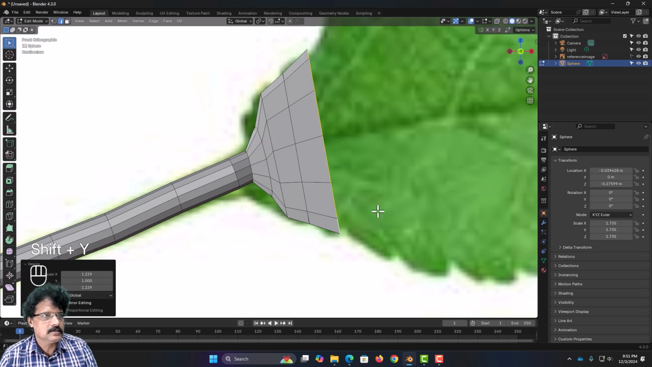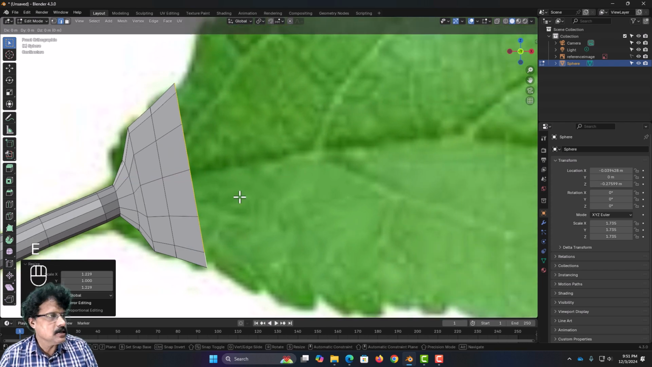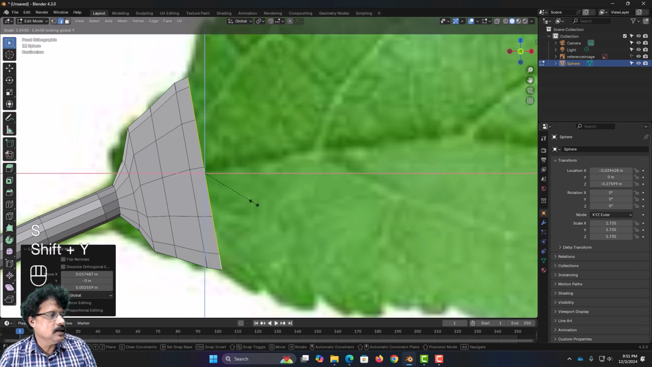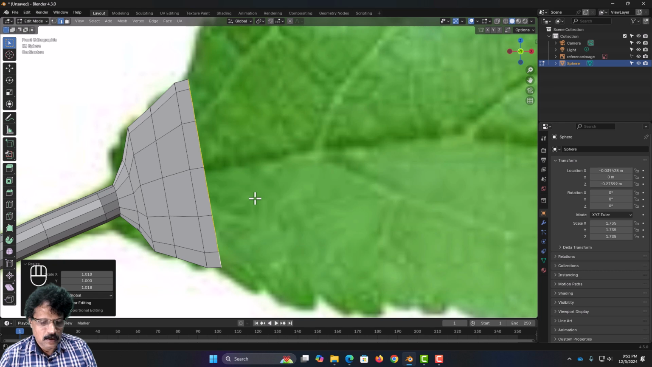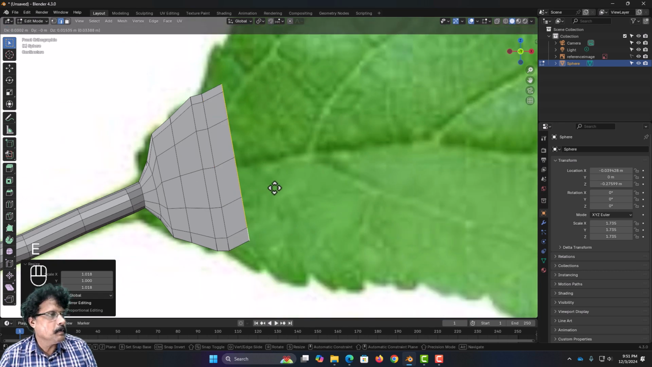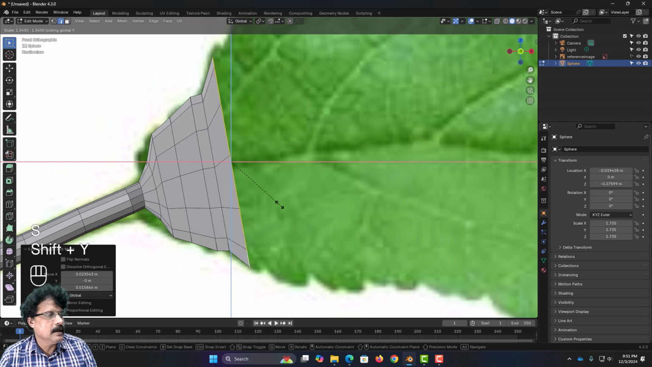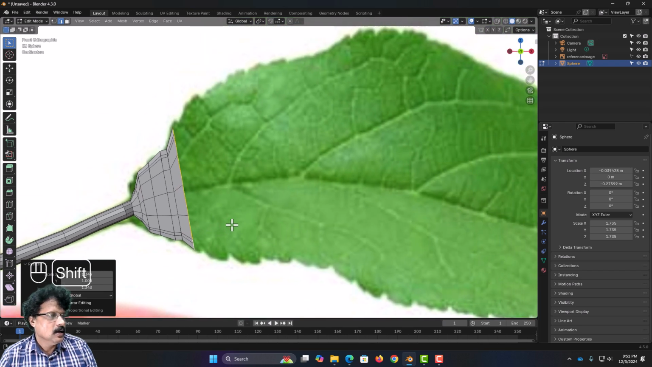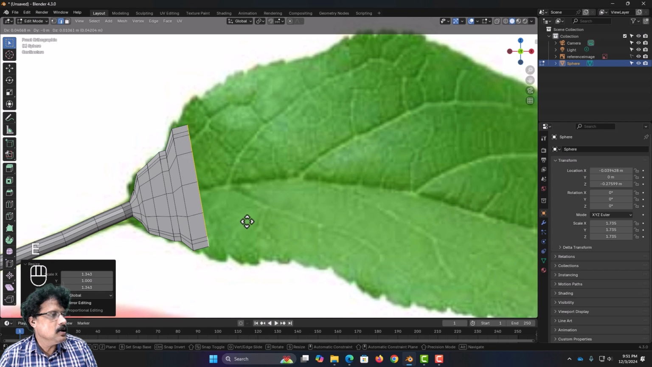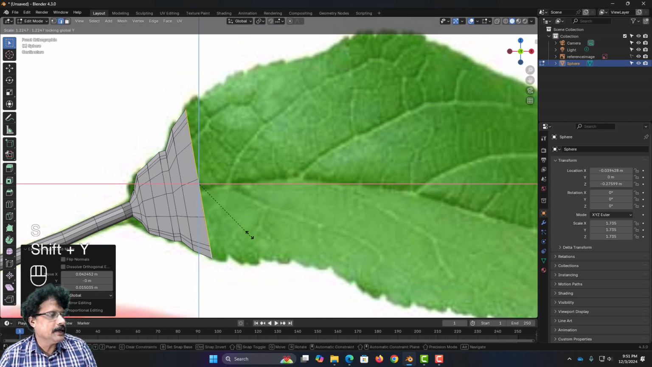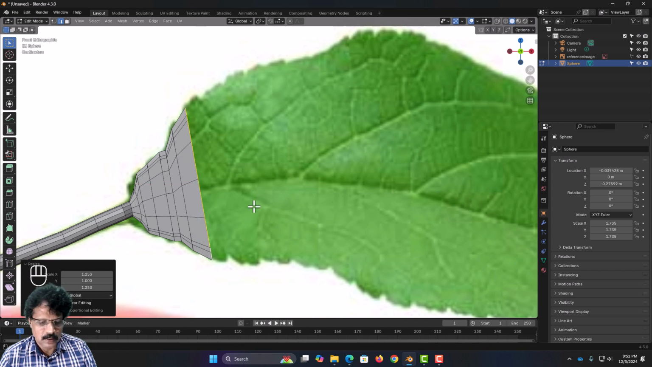scale it like this, then again press E, pull it, then yes, shift Y and scale it down a little like this, then again press E, pull it, then press yes, shift Y and increase the size like this, then again press E, pull it like this, yes, shift Y and move it like this, then again press okay, then